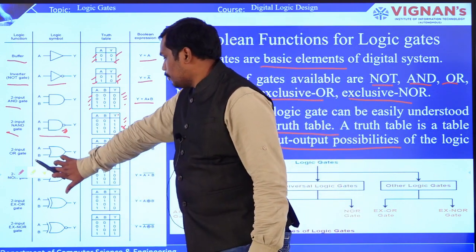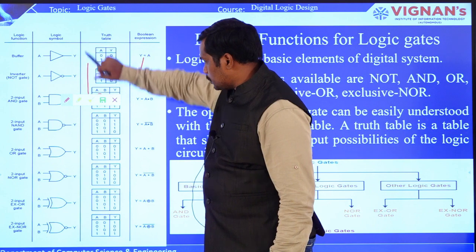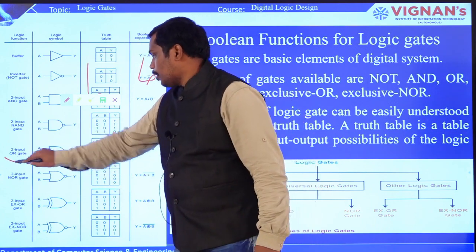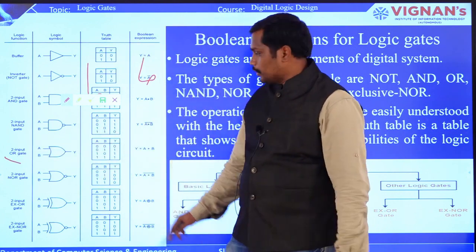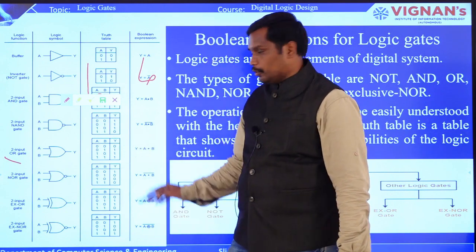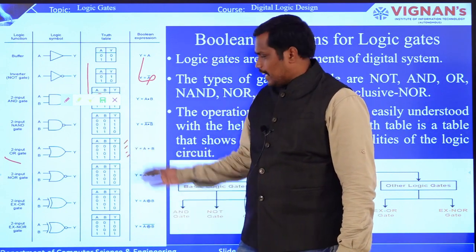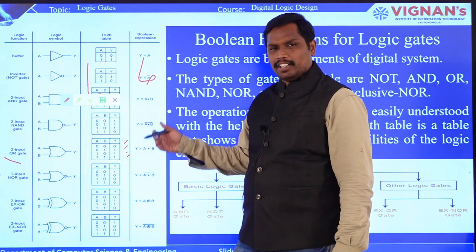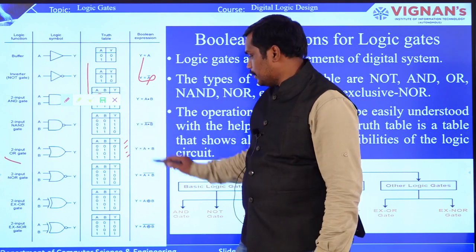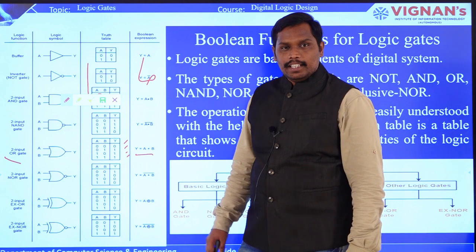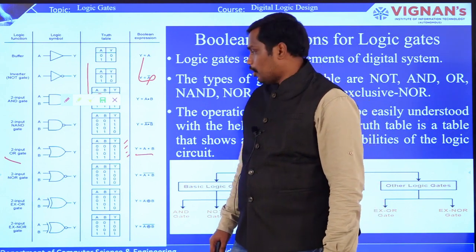And then you will go with the OR gate. So this particular OR gate, you can see the OR gate is also having 2 inputs, that is A and B. Now you are going to see the truth table of the OR gate, 0 followed by 1s. As you people have already developed many expressions, you are aware of this. So Y is equal to A plus B is the expression that is given for the OR gate.